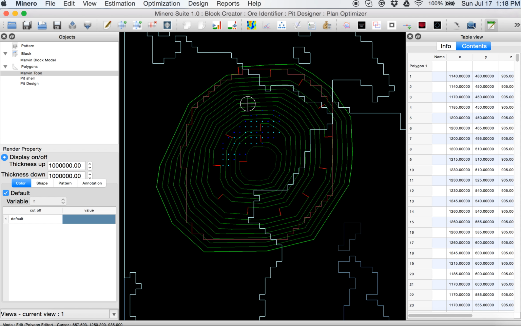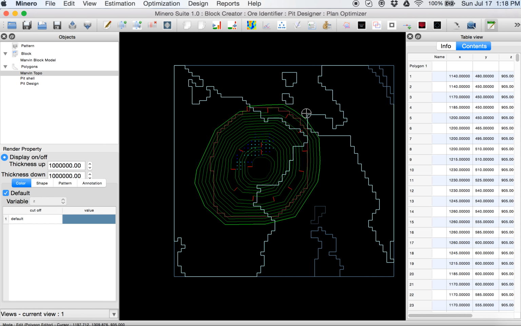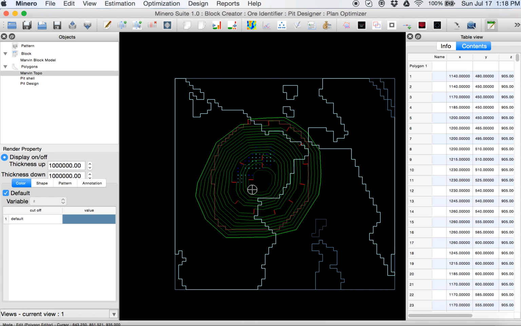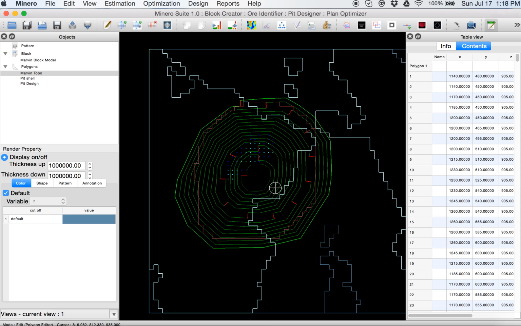So in bench 935, topo and design are in the same bench. So with that one, we can say, okay, we have the design, we have the topo, and we finalize the design.